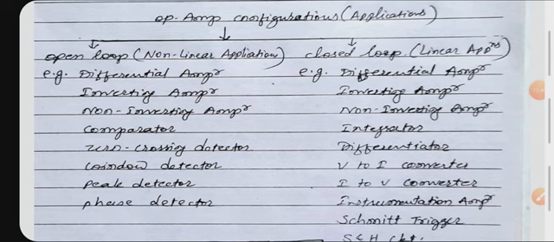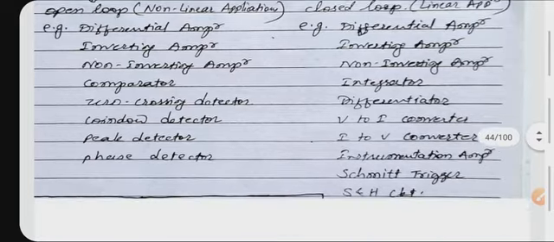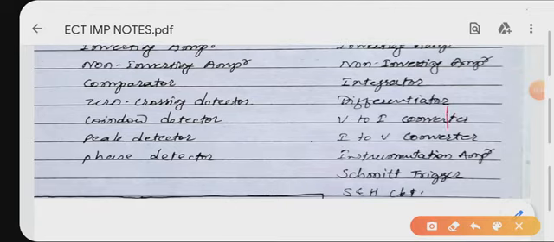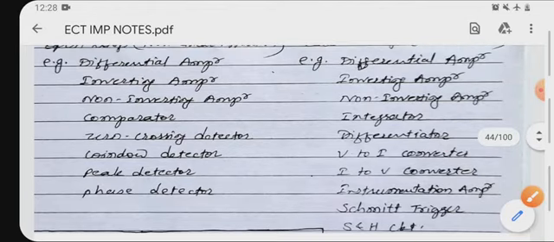As we know that in all types of amplifiers there is a negative feedback, and in all types of oscillators there is a positive feedback. Always keep in mind this. Okay. So here in your syllabus it is mentioned that you have to solve the problems based on op-amp applications. Theoretical treatment is not expected here. Already you have studied theoretically what is that circuit, but in the exam the derivation can be asked, derivation for output voltage or derivation for the gain, it can be asked in the exam.